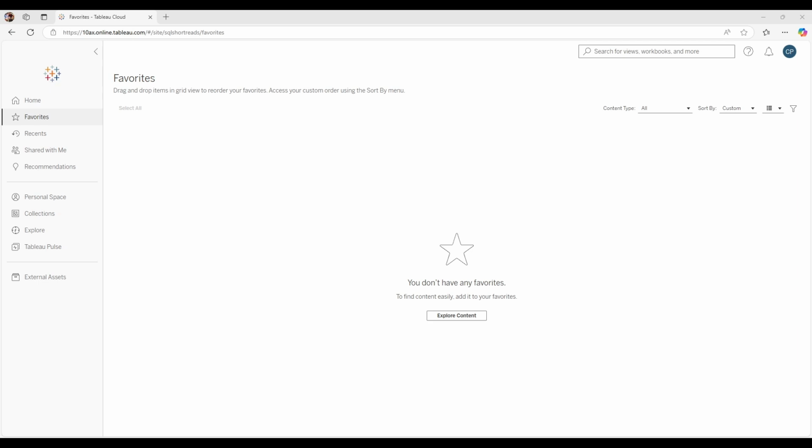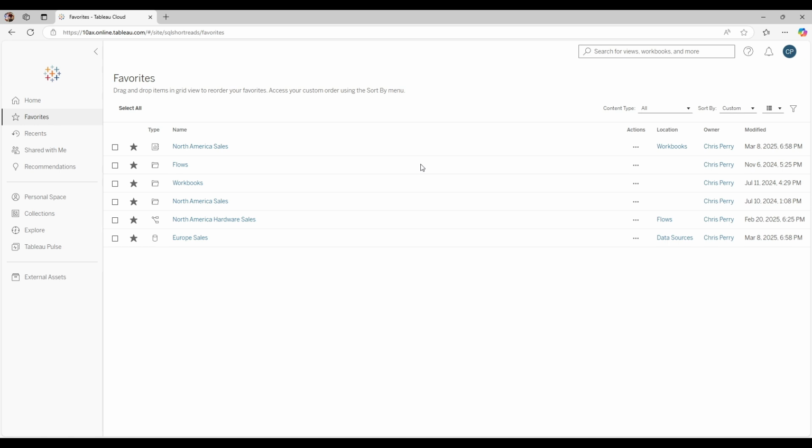Okay, I am logged into the target user's account and I'm back at their favorites menu. So what I'm going to do here is click refresh and we should see those favorites that we just copied over from the source user in the target user's account here. So let's go ahead and do that now. And there you have it. We have 1 workbook, 3 projects, 1 flow, and 1 data source that are now in the favorites menu of